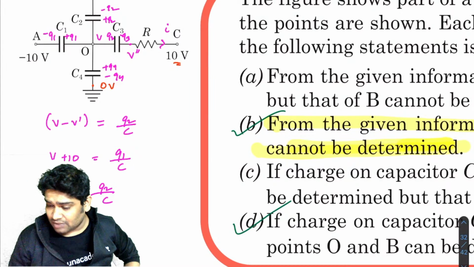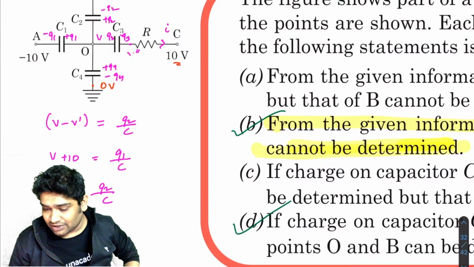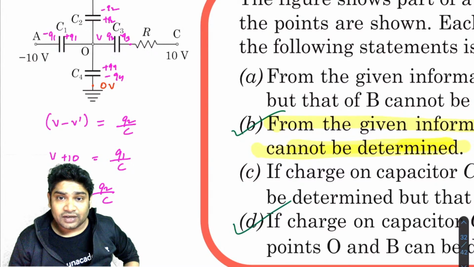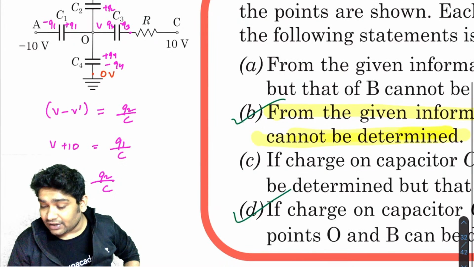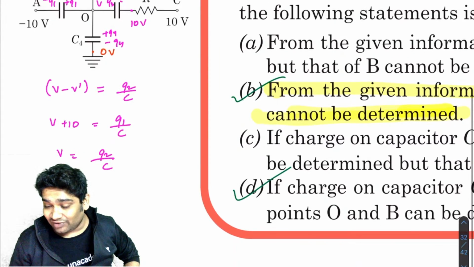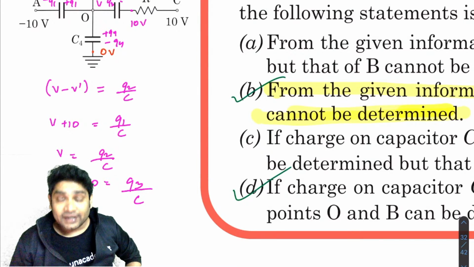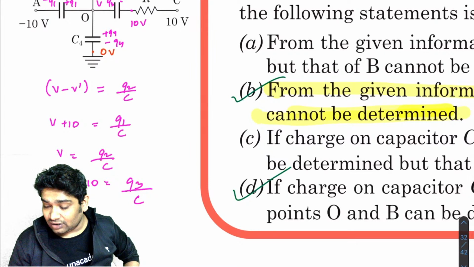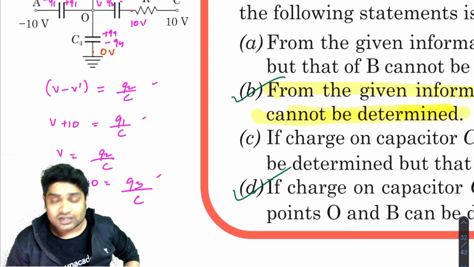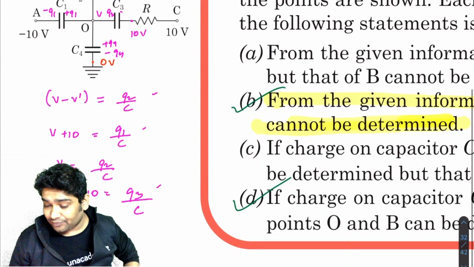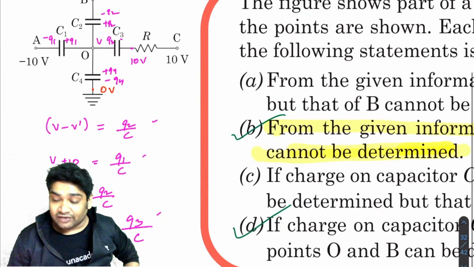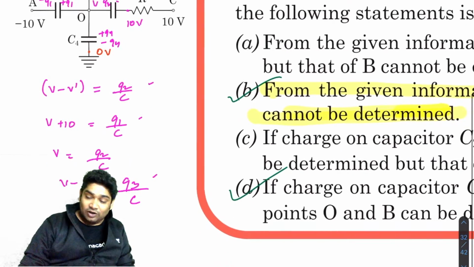So let's imagine you have a steady state. If you have a steady state, because that's the only option in which I could have figured something out, then in steady state this would have been 10 volt again, and then I could also have written V minus 10 equal to Q over C. So here what I realize is I have 1, 2, 3, 4, 5 unknowns and 4 equations from this, and Q2 would have been given to me. So then yes, I could have solved for all.